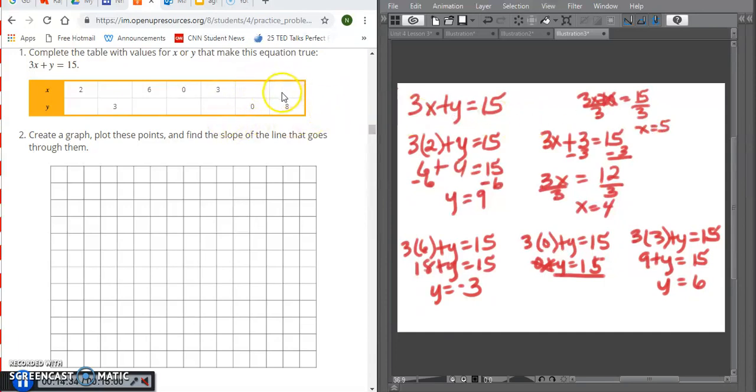And then for this one, I will plug in an 8 for y. So I have 3x plus 8 equals 15. Subtract 8 from both sides. And you're going to have 3x equals 7. Divide by 3 on both sides, and x is going to be equal to 7/3. So this will be canceled out, and x is